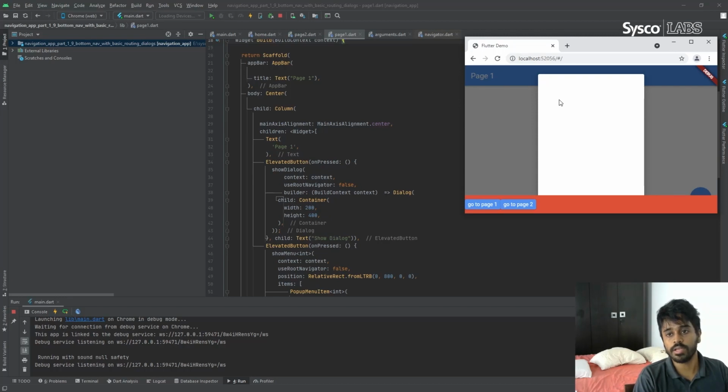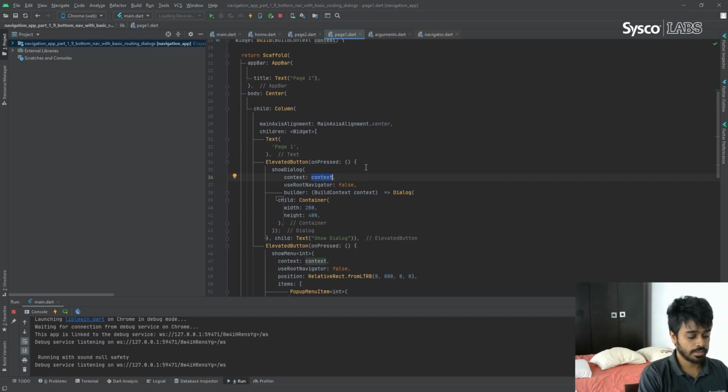We are overlaying this dialog on top of page 1, but as you can see, it's underneath the bottom navigation bar. That is because we are using the inner navigator to do that. So if you pass the context of the root navigator, it should show over the bottom navigation bar as well. So let's see how we can do that.